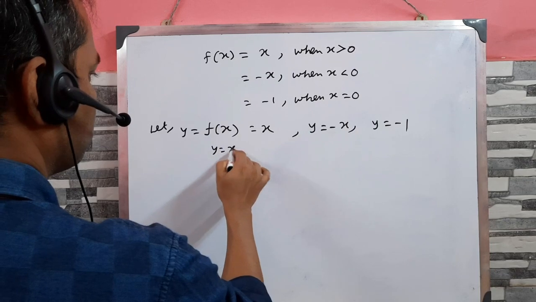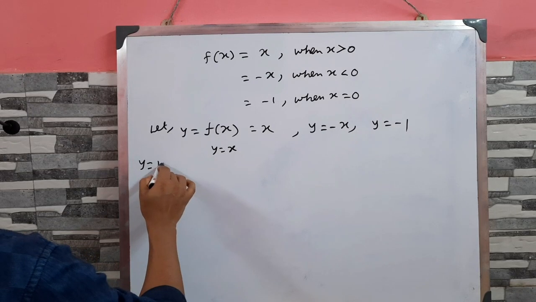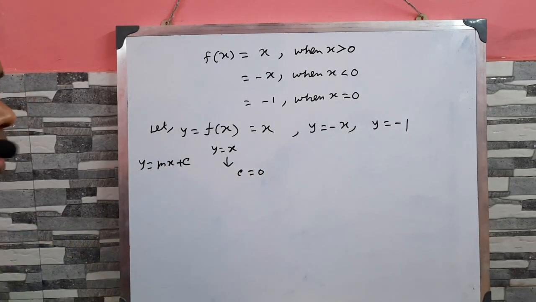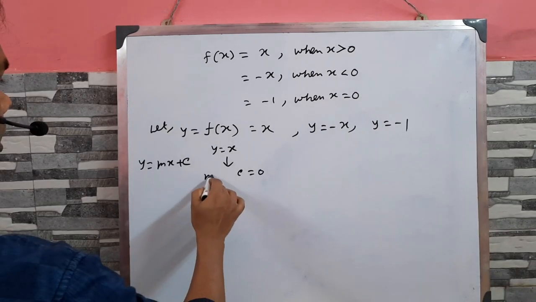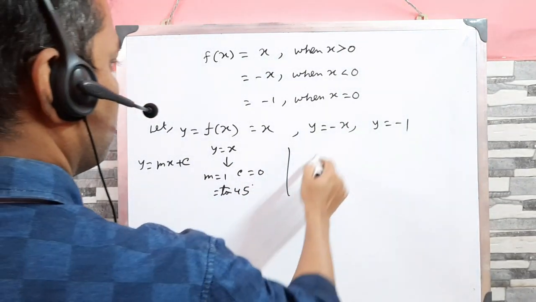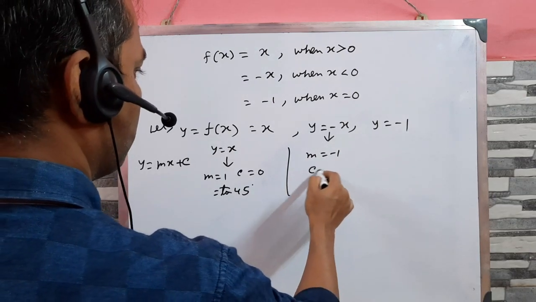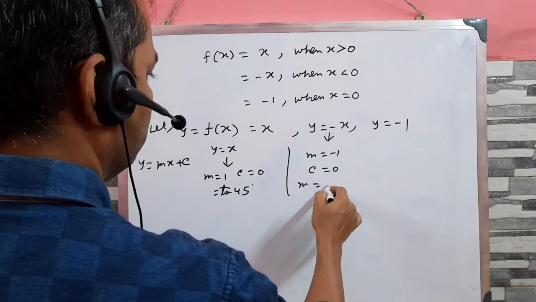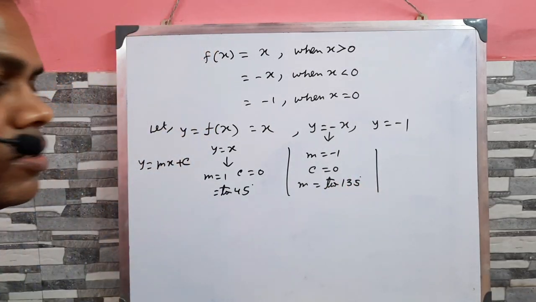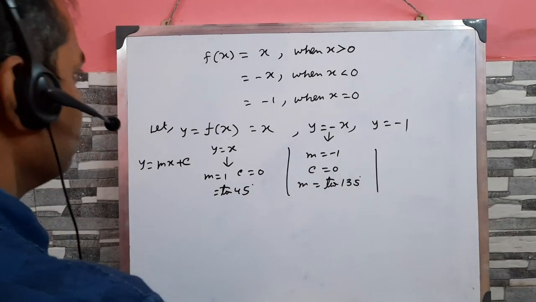For y equal to x, the general equation of a straight line is y equal to mx plus c. Here c equal to 0, so it passes through the origin, and m equals 1, so the angle is tan 45 degree. In y equal to minus x, m equal to minus 1, c equal to 0, so m equal to tan 135 degree, and y equal to minus 1 is parallel to the x axis. So the required graph is